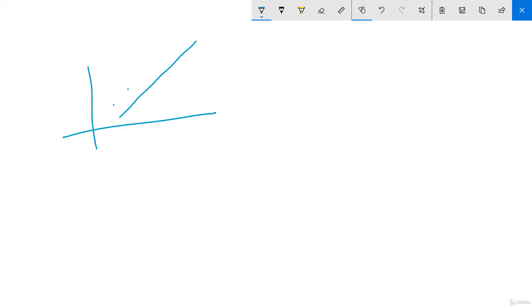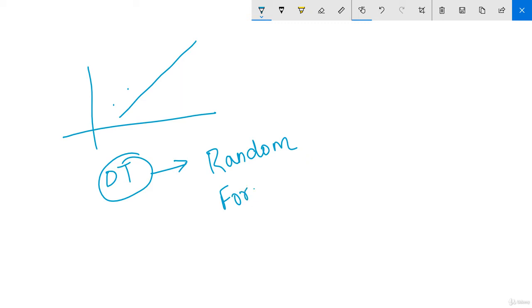So what next? Also, I can tell you that a decision tree can be upgraded. If this is a decision tree, there is an upgradation of decision tree which is known as random forest. You can say if this is your bachelor's, this is your master's of the same thing. And if you are good with decision tree, you can easily upgrade yourself to random forest, which is these days very popular, especially if you are doing projects on